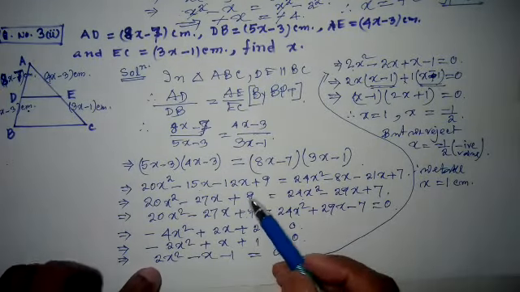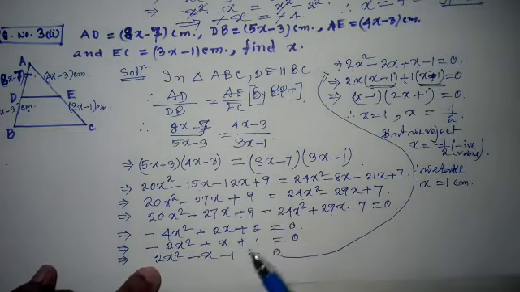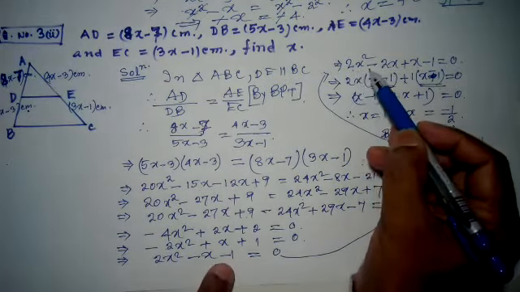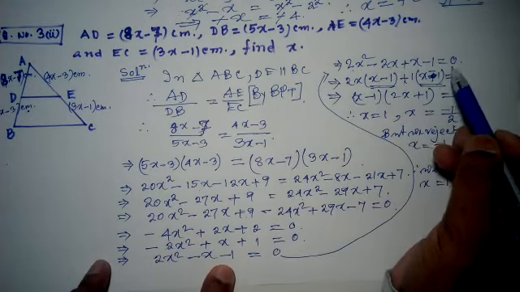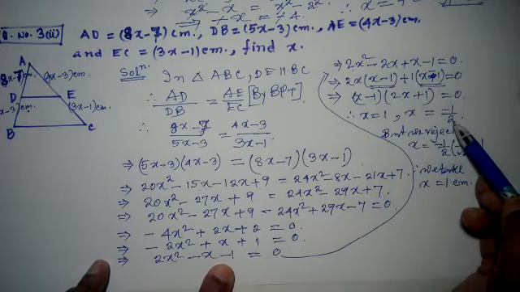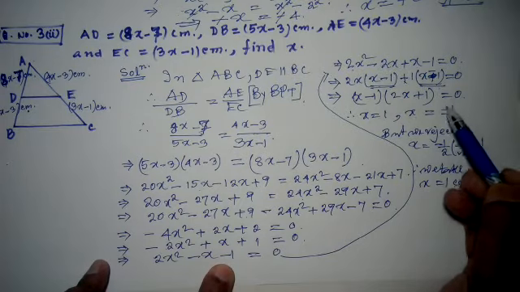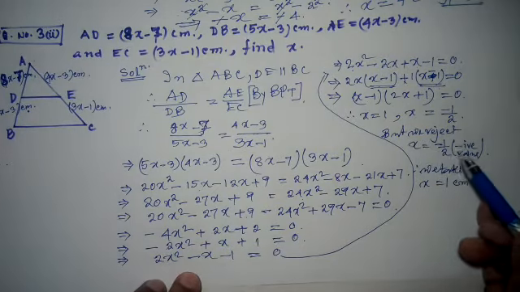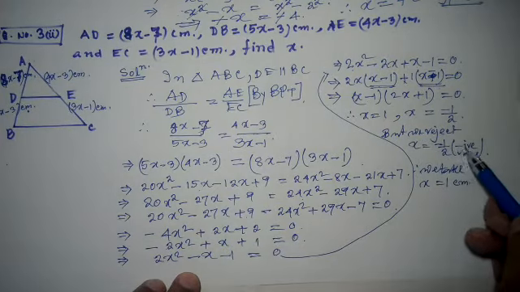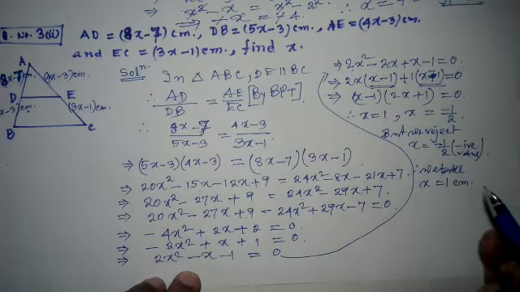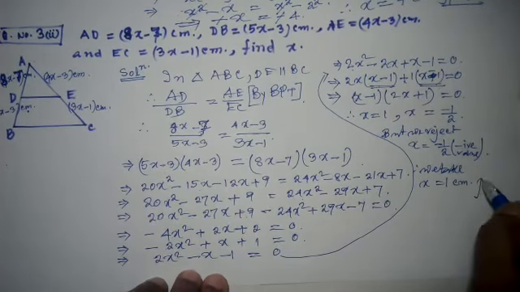So this sum, you see, after putting the values of x and after the multiplication, it changes into a quadratic equation. So this quadratic equation we solve here by the method of factorization. So we get the values of x as 1 and minus 1 by 2. Now we cannot take the negative value because the length of a triangle side cannot be negative. So we write here that we reject x equal to minus 1 by 2 because it is a negative value. So we take x equal to 1, and the question is given in centimeter. So x equal to 1 centimeter. That will be our answer.